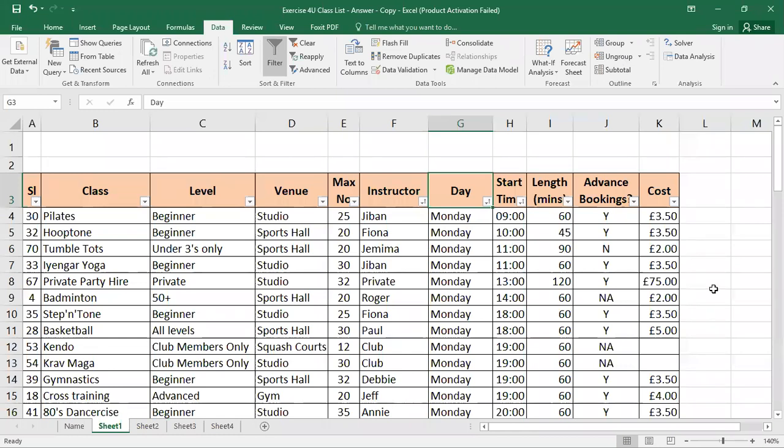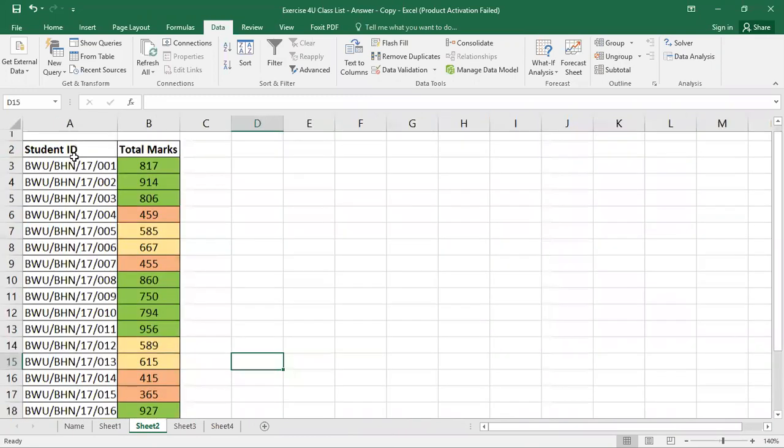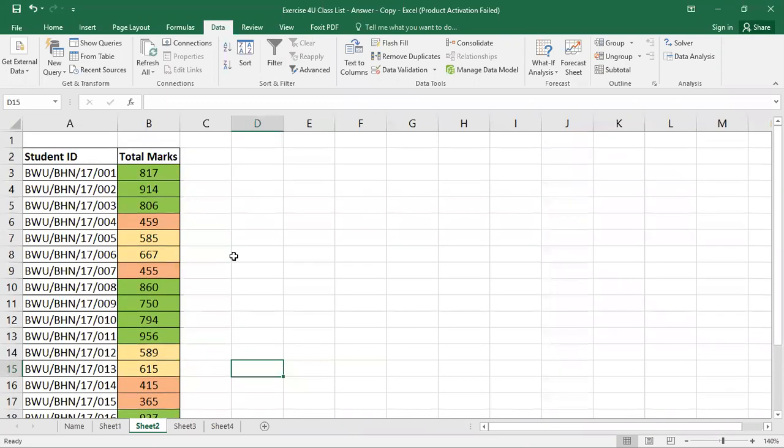So here are different examples of sorting. Right now I will show you a different thing, a different table. Look here, this is the student ID against the total marks.